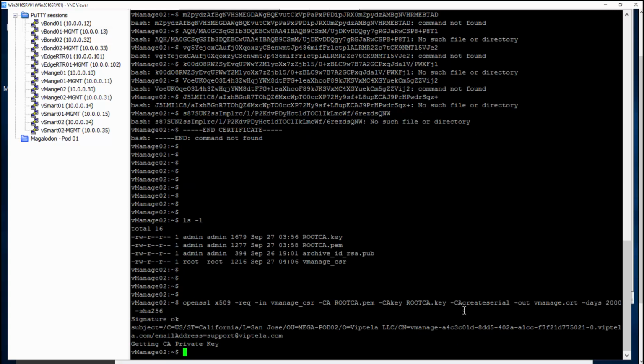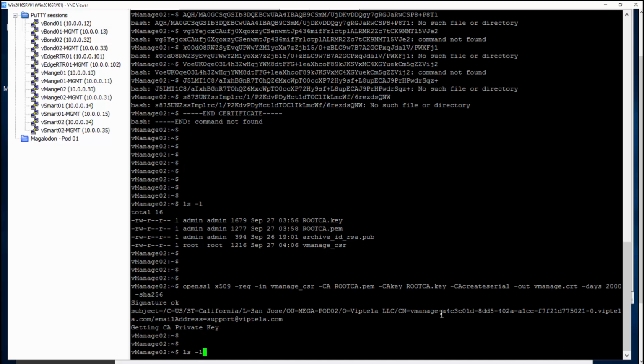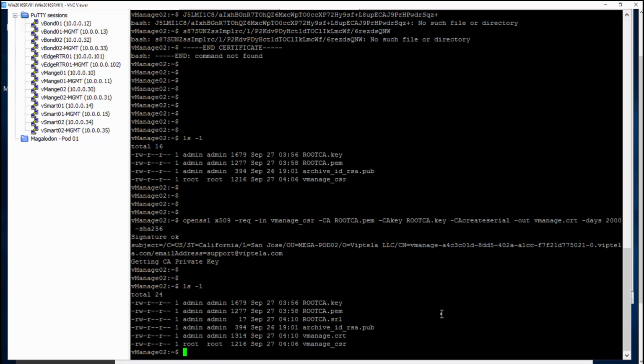So it did enter and it says that it took it okay. So now let's do an ls -l and see what's in our directory. So now you can see we have the vManage CRT. And that CRT file is both signed with the rootca.key and the rootca.pem file. So now I'm going to cat the vManage CRT file so that I can see the contents that are inside. And then I will copy those into my buffer